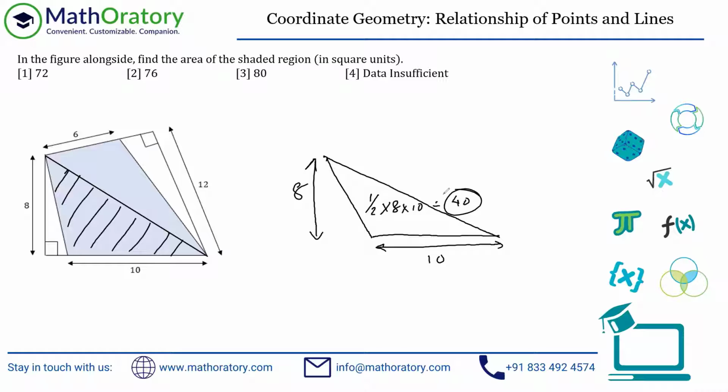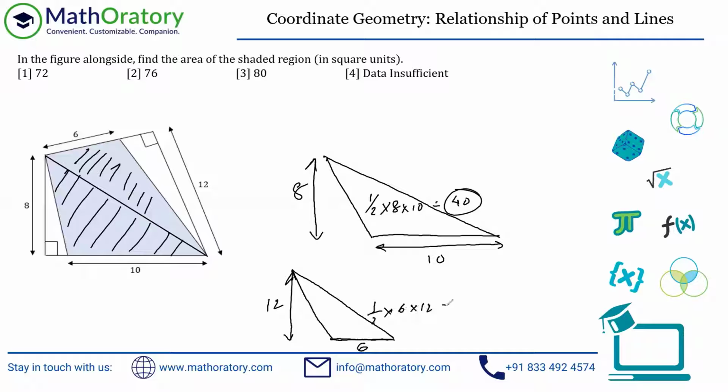On the other hand, if you check the other triangle, so this one that we have, I'm just going to flip this a bit. So let me get the 6 below. So suppose this is the 6 that we have, and something like this is the shape here. Again, if this is the base, then this is the height, right? So the height is 12 in this case, isn't it? Because again, because of this 90-degree thing. So in this case, the area is half into 6 into 12, which is 36. And the entire area will be simply the sum of these two, which should be 76 square units.